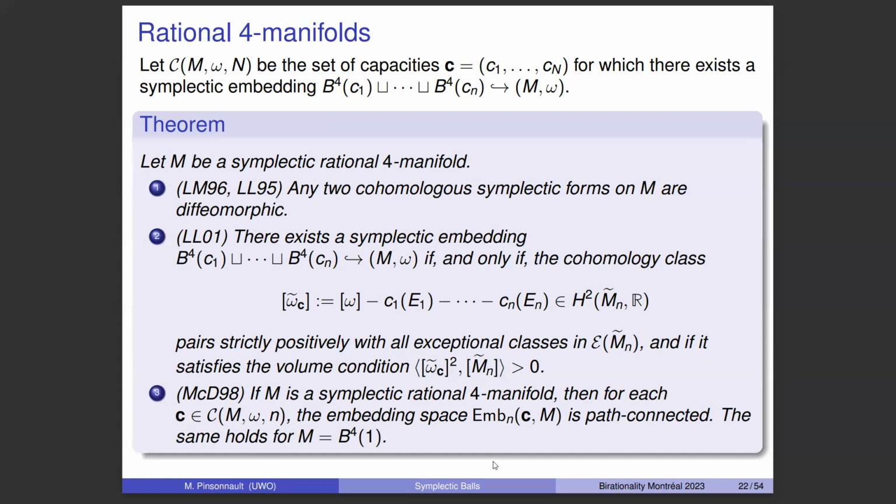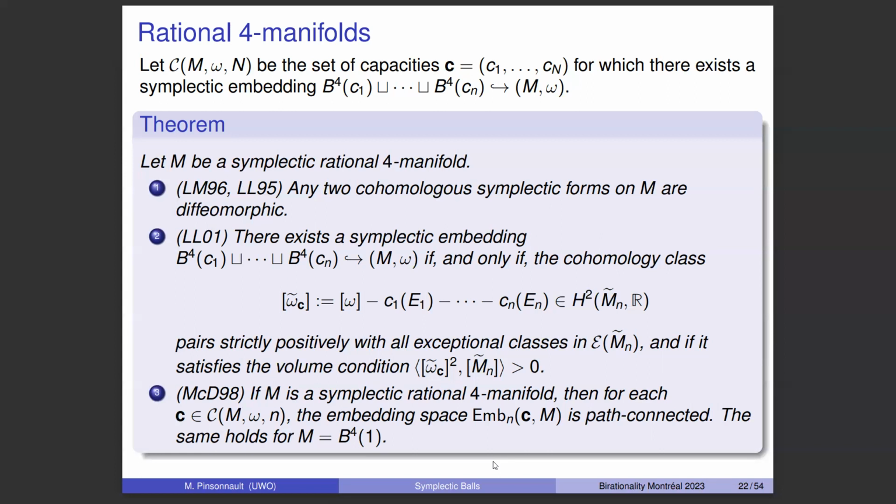Essentially, a cohomology class belongs to the symplectic cone of the manifold if and only if it has positive volume and it pairs strictly positively with all possible symplectic -1 spheres. Okay, so that's in a nutshell the statement here. So it gives you a numerical condition, as long as you know what is the set of exceptional curves that can exist. It gives you a way to test whether a collection of balls embeds or not inside a manifold. And then from McDuff,